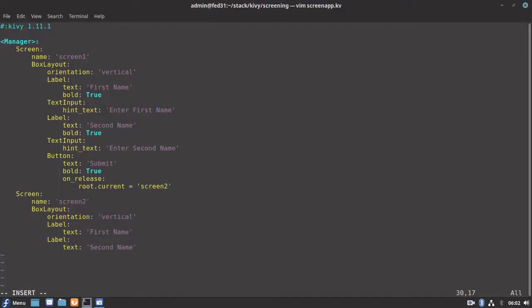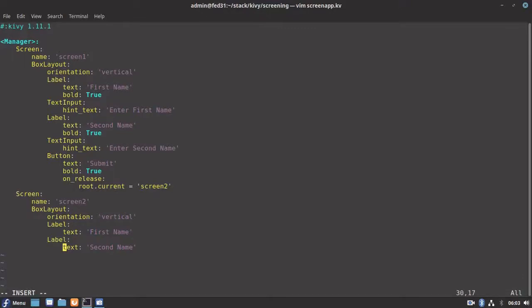Okay, so now we have our screen 2 with a box layout having two labels, that is first name and second name. But when we hit the submit button, it should capture the input from screen 1 and show that content. So let's say we are giving some name in the first name and in the second name. It should capture that input and show that content in our second screen.